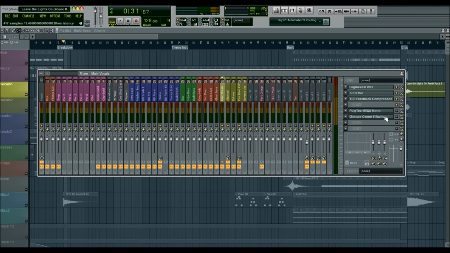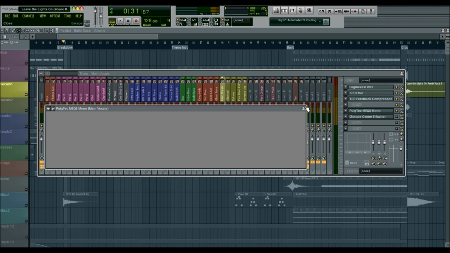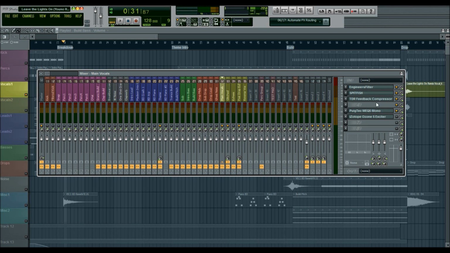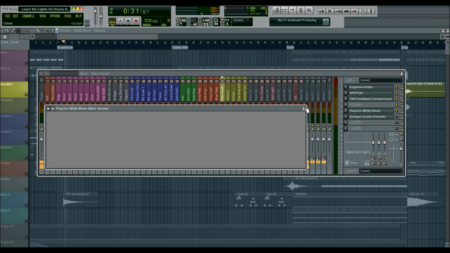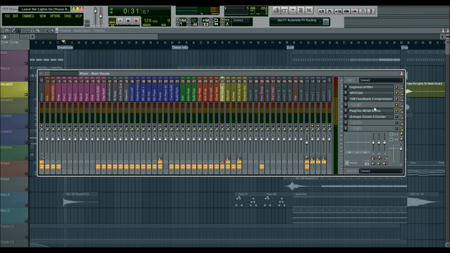Alright, and then I used a Waves plugin, the Puigtech, in mono, since we want vocals to be in mono to, again, kind of separate it from the rest of the mix. I didn't do too much. I think I just added a little bit of top end now that I think about it. I don't want to have to load it again.